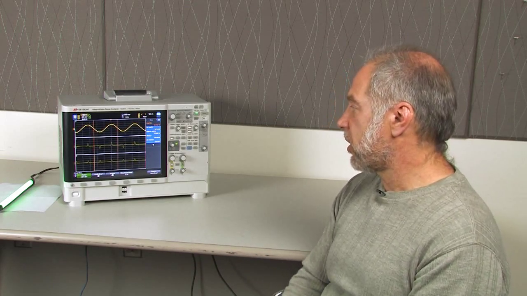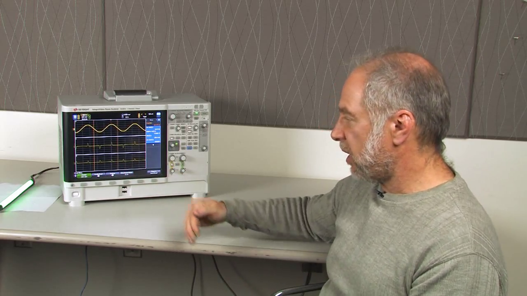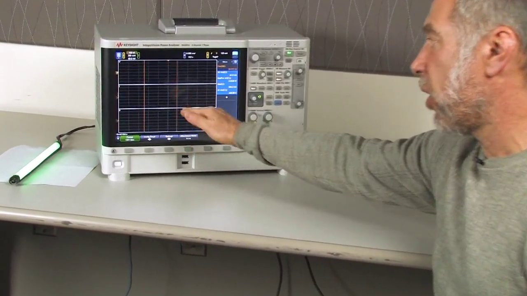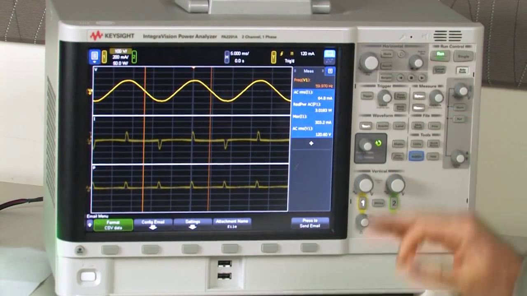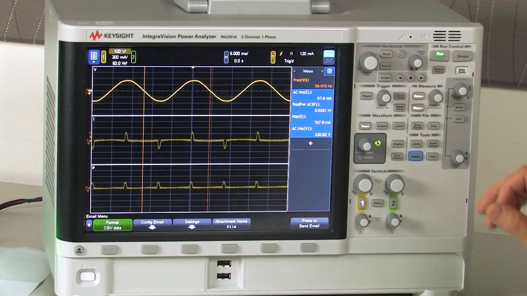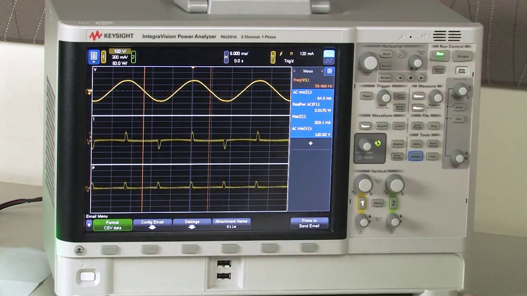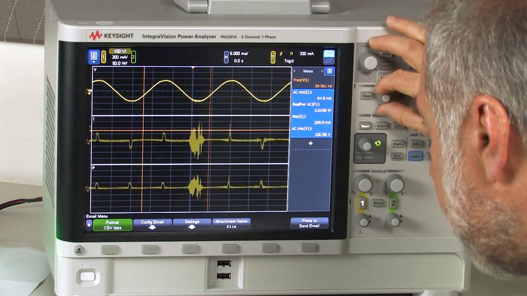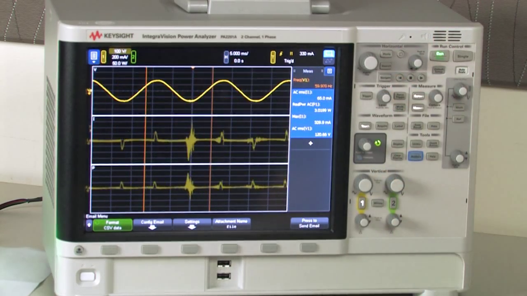Now that I've saved the bitmap, I do notice some anomaly on the screen, and I think it's related to the low-cost AC to DC converter. If you watch the screen, you can see a spike in the current occasionally, and I'd really like to understand what's happening. So we have this great feature that you can trigger off of some event. I'm going to adjust the trigger just above this peak here to capture the larger glitch that I'm going to see. I'm going to move the trigger up here, right above there, and now it's capturing every time we see that big burst of current.